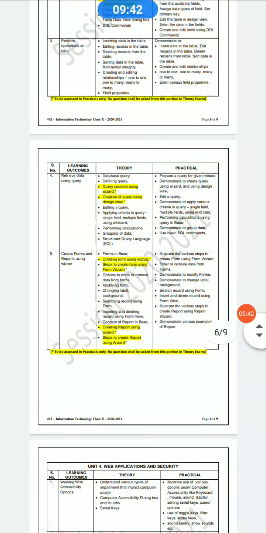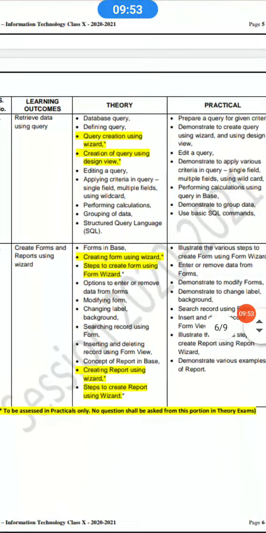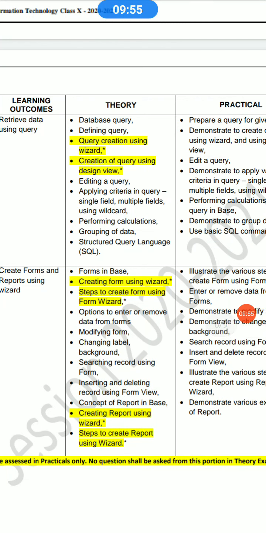Actually there is no reduction. We can say reduction is not there. We have to cover all these aspects in practicals. It cannot be asked in theory. It is okay, but I don't feel that these are the concepts from where we can ask more theory questions.